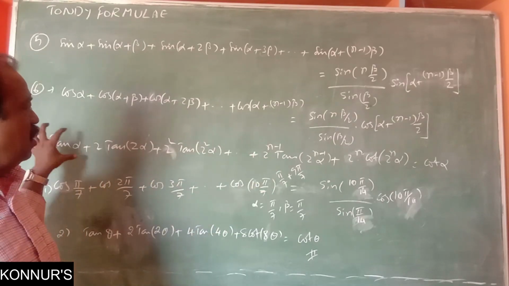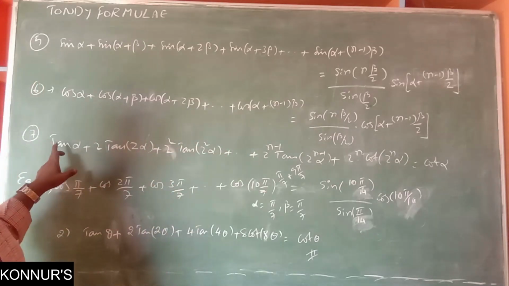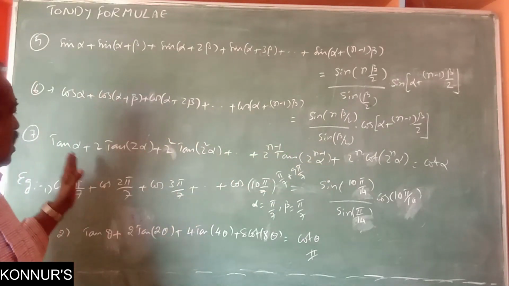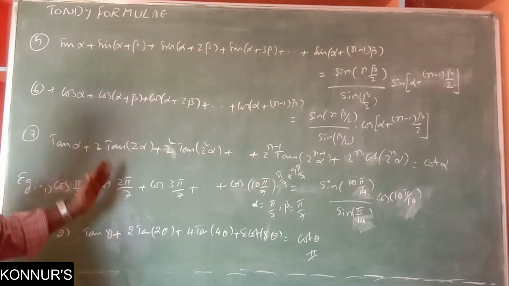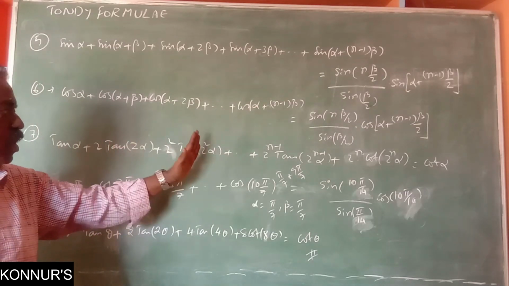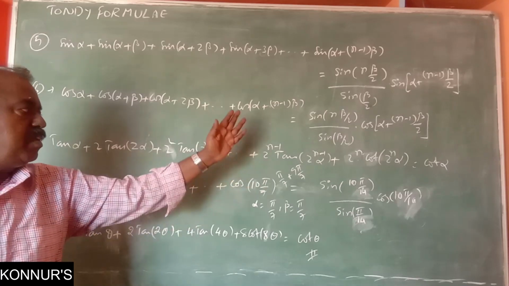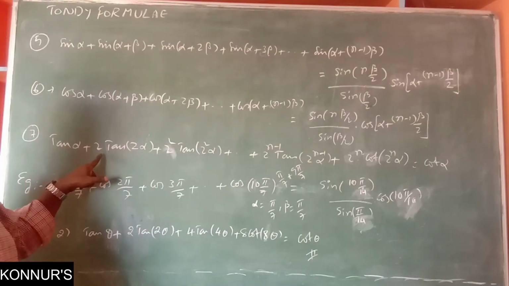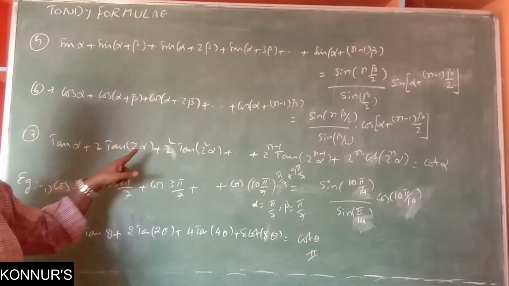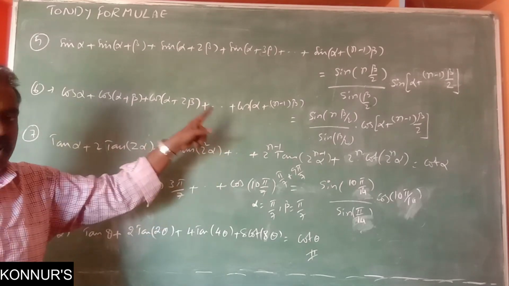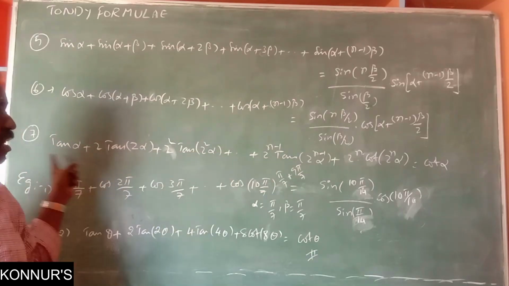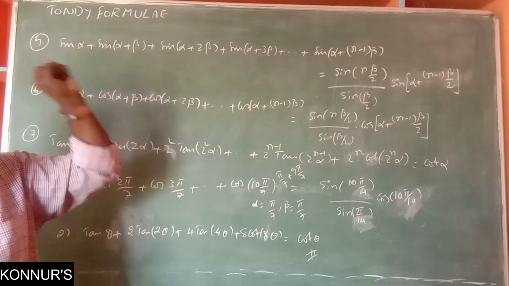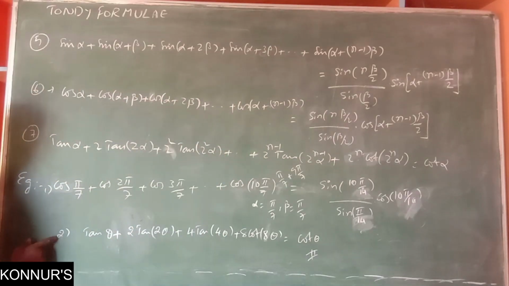You observe it. It's very clear. All terms are tan, but the last term is a cot. And a regularity is there: alpha, 2 alpha, 2 square alpha, 2 cube alpha, 2 power n minus 1 alpha, 2 power n alpha, that is last. And one more thing: here 2, 2 square, 2 cube, 2 power 4, 2 power n. A regularity is there in this. The answer is very simple, always cut.